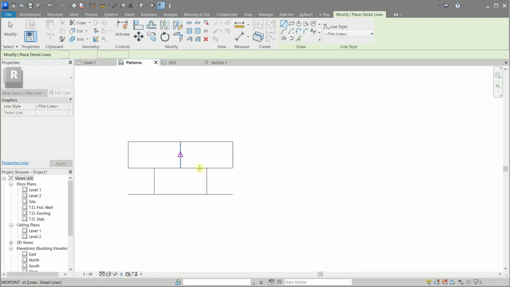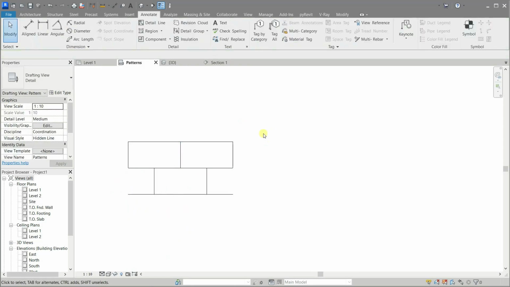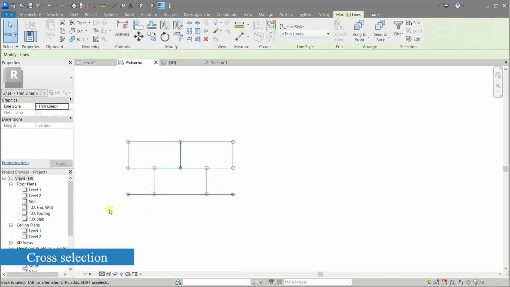By the way, you will need to install a plugin called PyRevit for the next step. It's a great plugin.